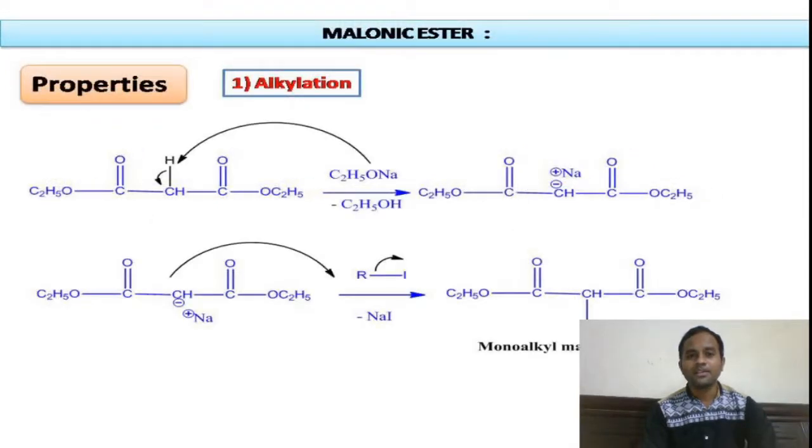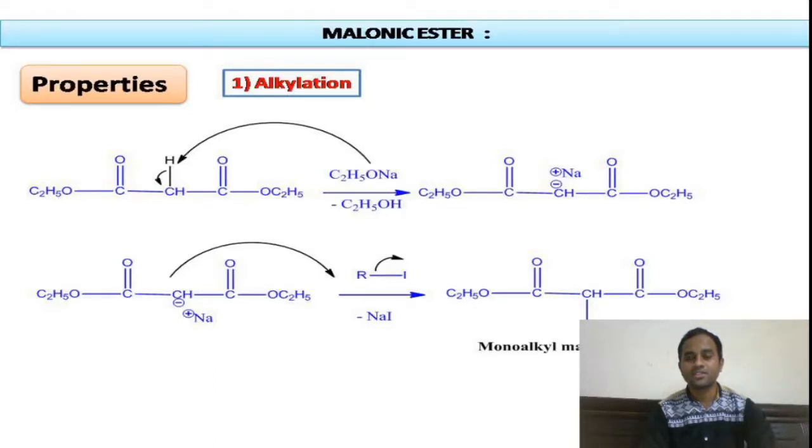And coming to the alkylation property of malonic esters, because of the presence of the active methylene group, you see this active methylene group having hydrogen atoms in it. This hydrogen atom becomes relatively acidic because of the two adjacent electron withdrawing groups. So it loses H+ ions easily when we subject this malonic ester to the base. Thereby we will get the carbanion. This formed carbanion is stabilized due to resonance structures.